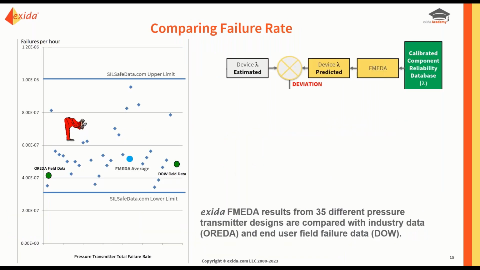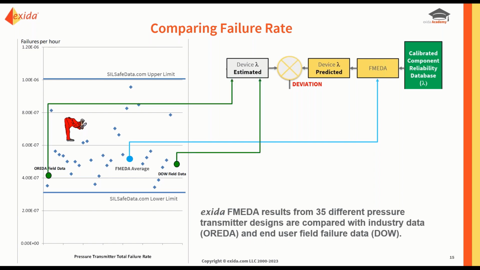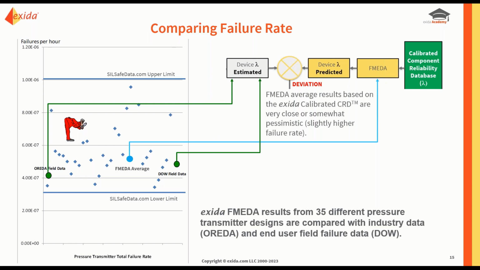So looking at another example here, Exida, this FMEDA results from 35 different pressure transmitter designs were compared with industry data, OREDA, and end user field failure data with Dow. So we plugged in the average from our results, as you can see here on the graph. We compared it to the two field failure results, and as you can see, the result of that was the